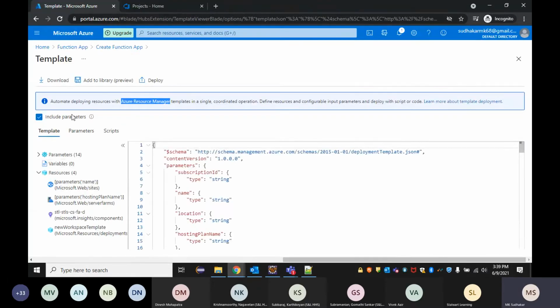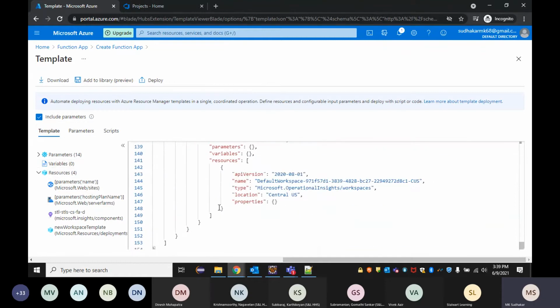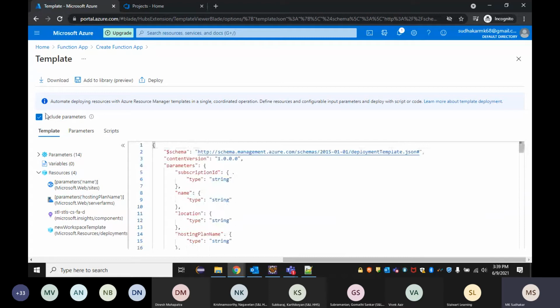So now we have the template here. We have the parameters, so we need to have these two completely. We require these two files, and this template is in JSON format, so we have to use this in JSON format only. So this is the main template, and this is the parameterization template, which I was talking about. Now let's walk through this template, what we have exactly in this template.